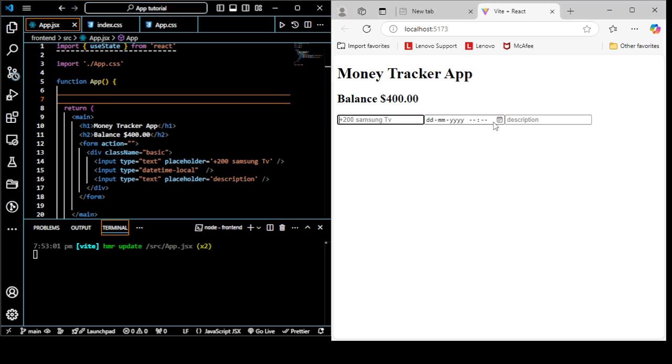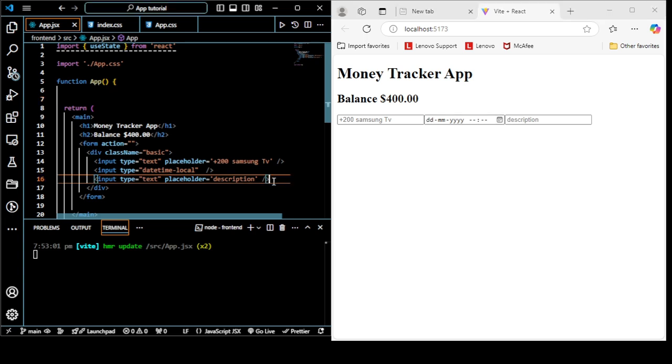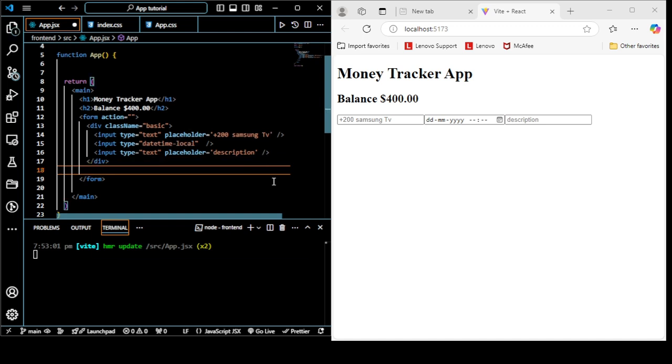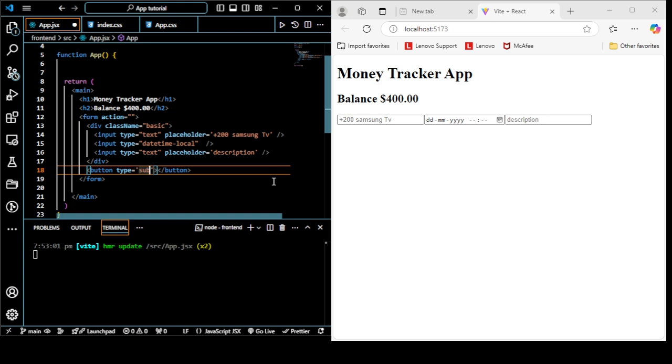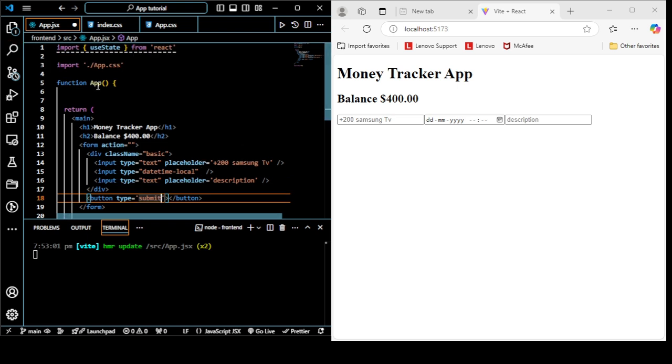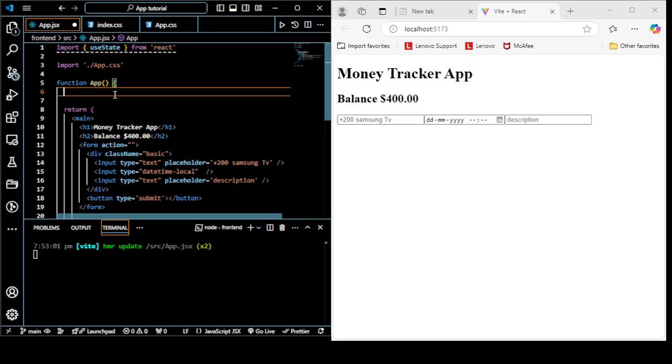Right here you can see it has come, and then we will add a button at the end, giving the button type as submit. And now let's make this part a bit functional